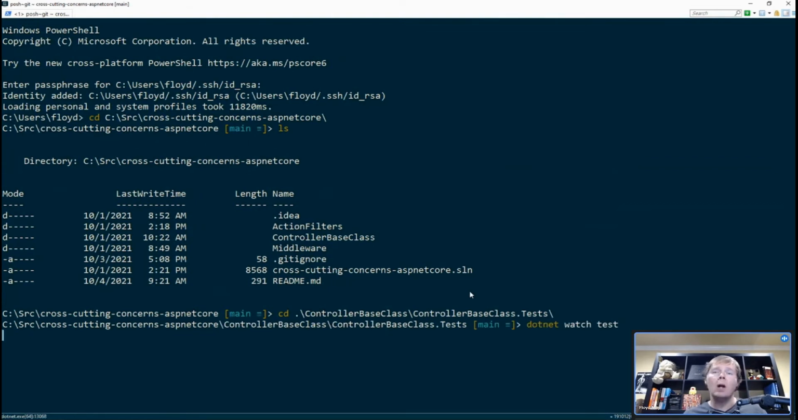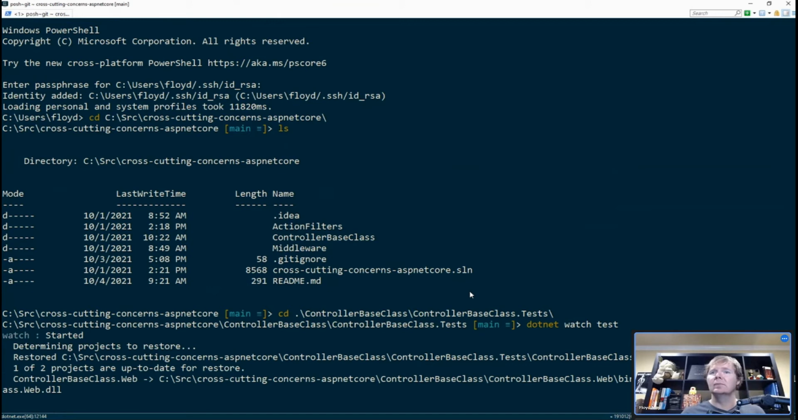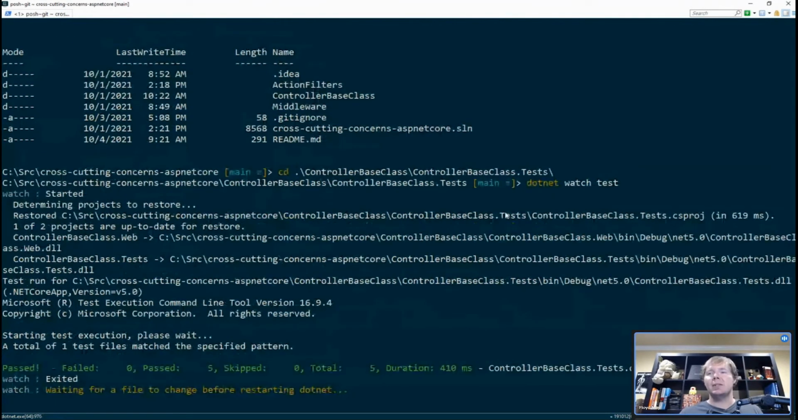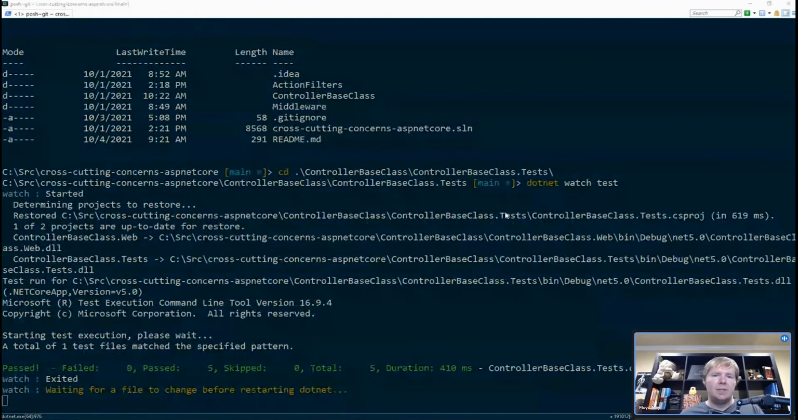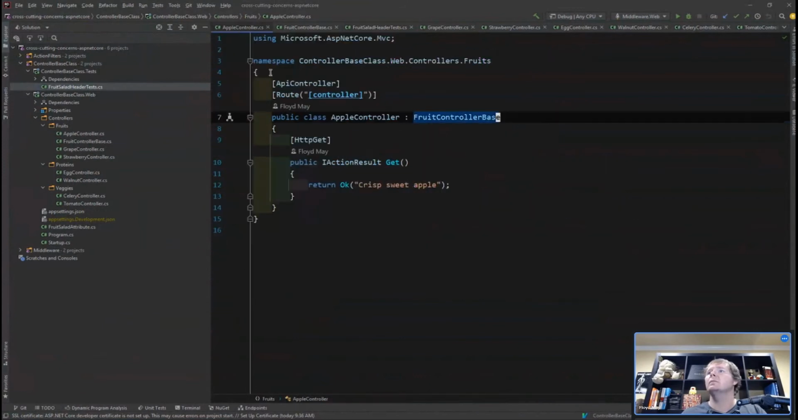I'm going to run dotnet watch test, and what that's going to do is rerun my tests anytime I change a file. All right, we're building. We're testing. Okay, so all of our tests passed. Now, watch this. This test right here is going to tell me if, for everything in this fruit namespace, controller base class, web controllers fruits,